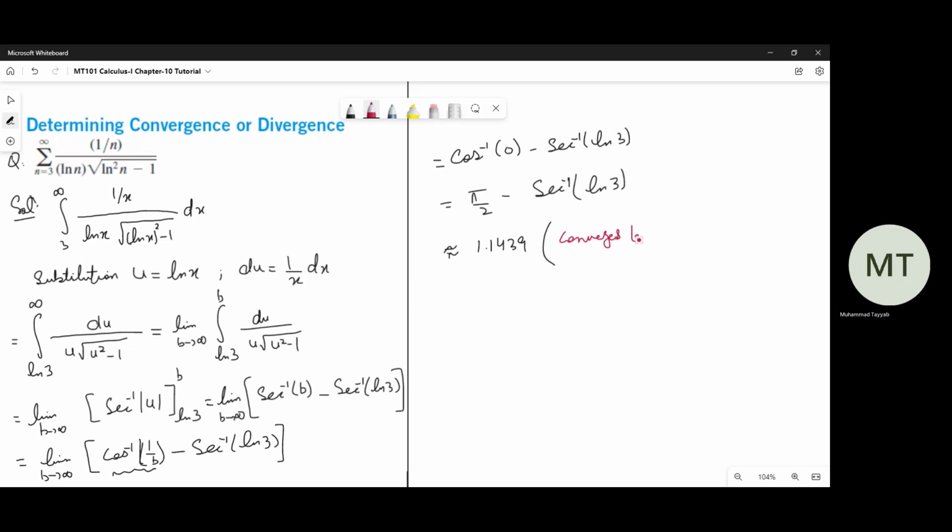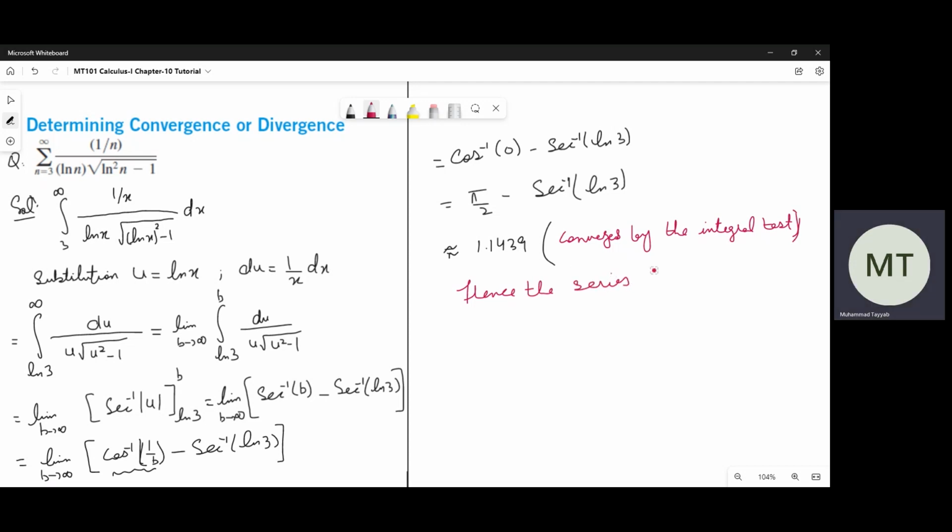Converges by the integral test. Right? Hence, the series, the sum, n starting from 3 to infinity,